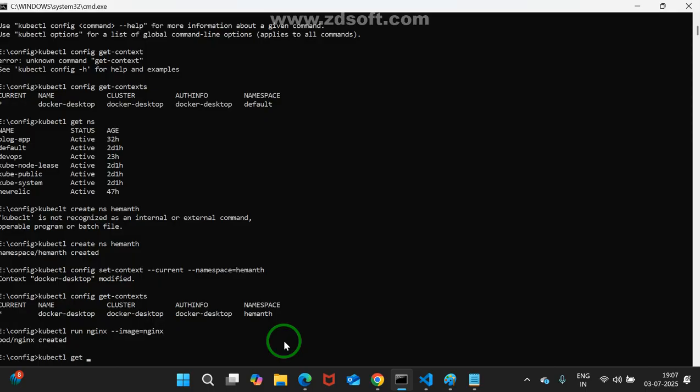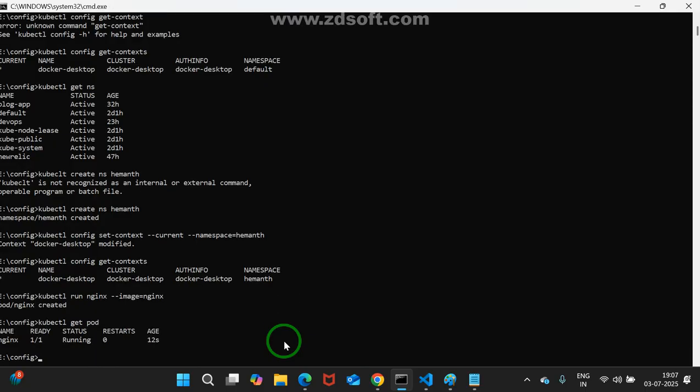Now generally what you may do, kubectl get pod, right? Are you able to see it here? But you may ask me, sir, is this created in the default namespace or in the Hemant namespace? How can I know? Assume I am asking you. Where is it created?